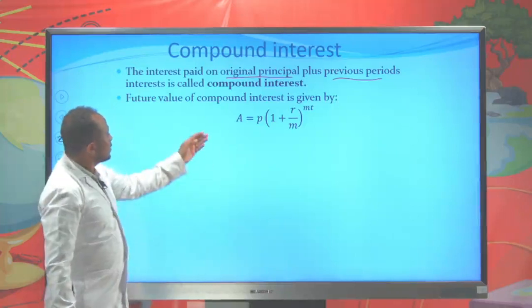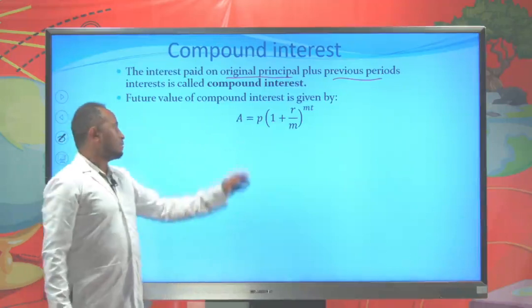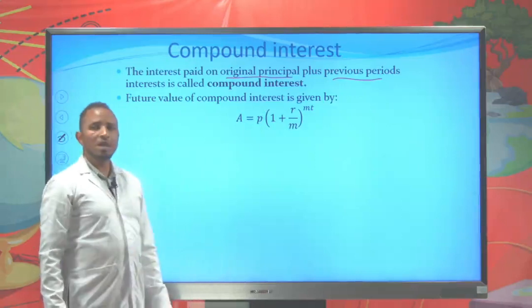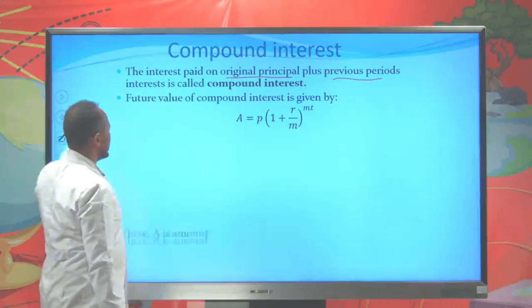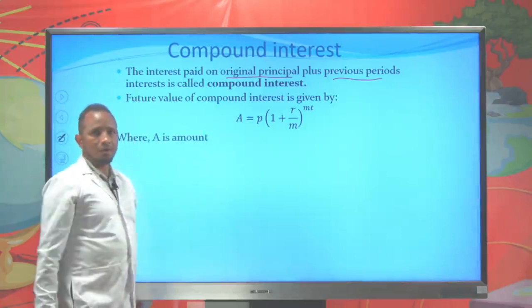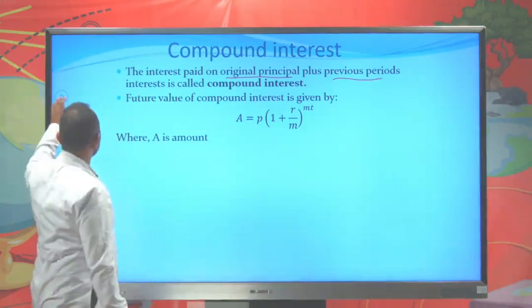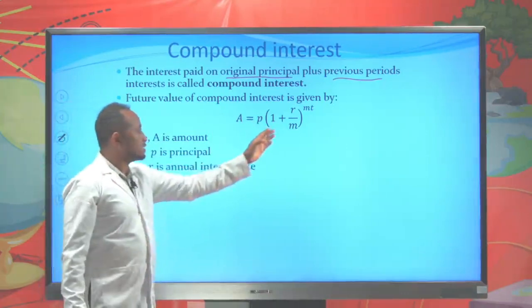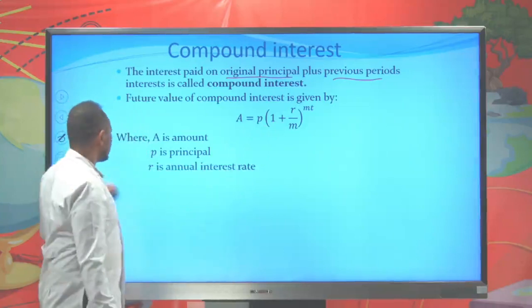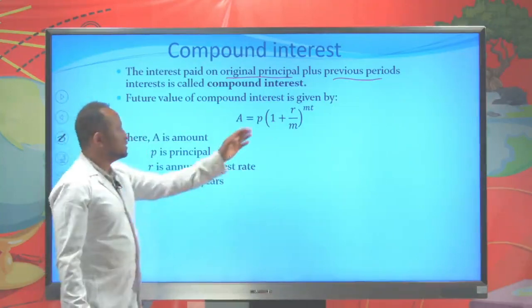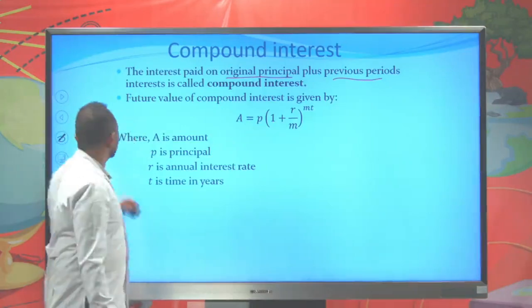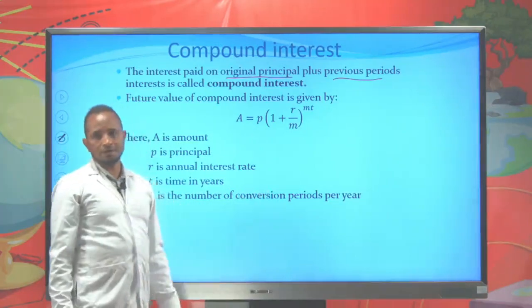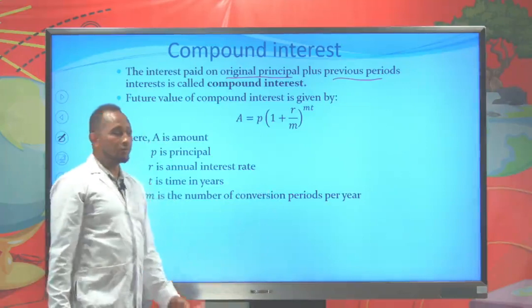It's given by amount A is equal to the original money invested, principal P, times 1 plus R over M, to the power of MT, where A is the accumulated amount of this compound interest and P is the principal, R is the annual interest rate, and T is the time, which must be in years, and M is the number of conversion periods per year. For example,